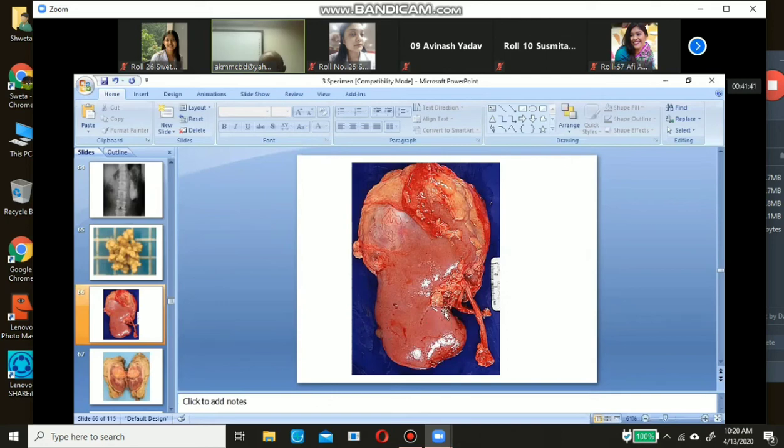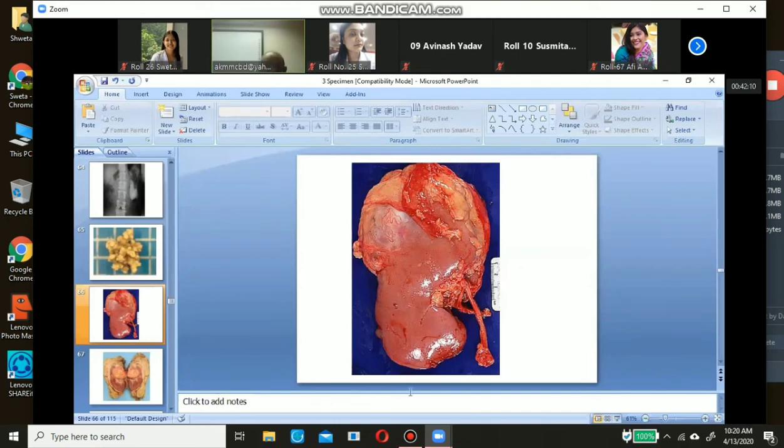Look at the shape of the organ, the normal shape. And look at these things. This is a kidney. Look at the color, look at the shape, the hilum of the kidney, and the pedicle